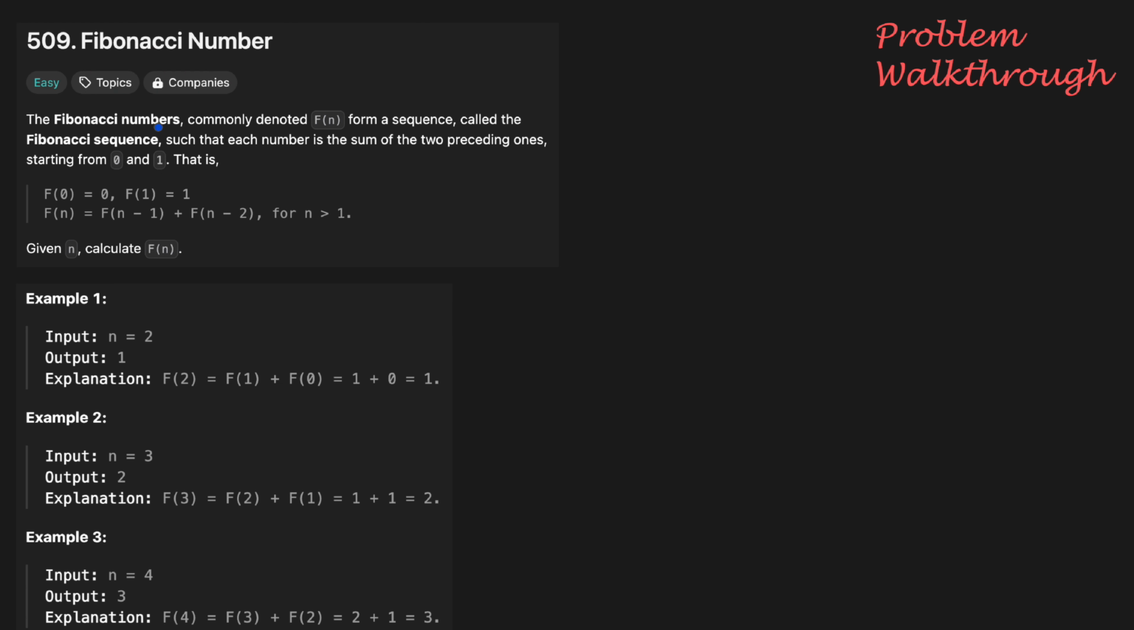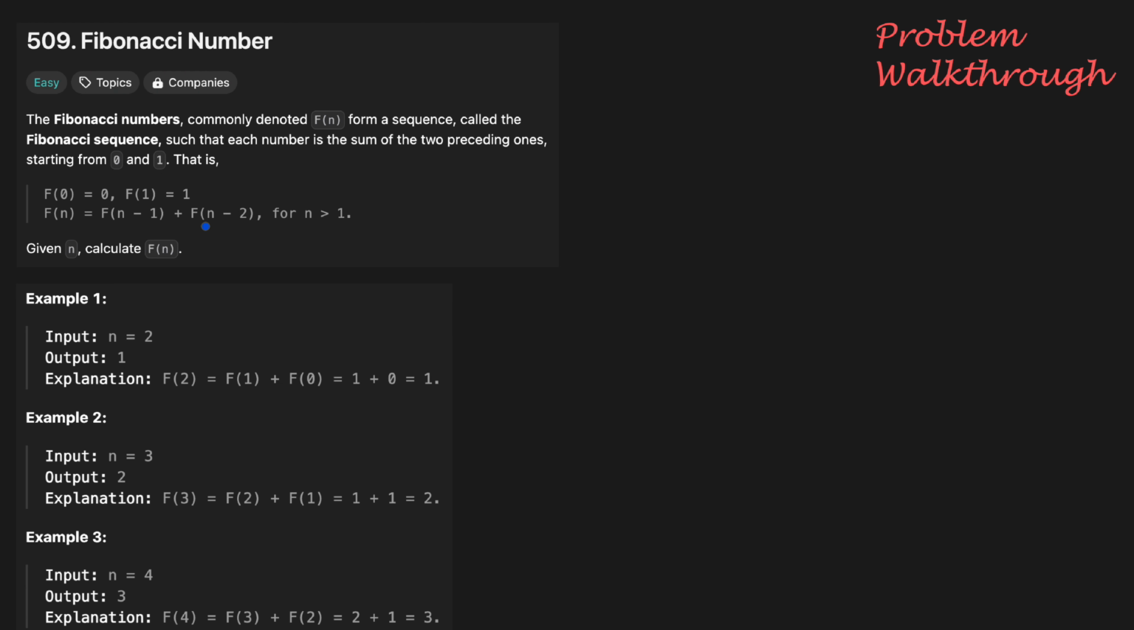Now to the problem. The Fibonacci numbers, commonly denoted by Fn, form a sequence called the Fibonacci sequence, such that each number is a sum of the two preceding ones, starting from the numbers 0 and 1. That is, f0 is equal to 0 and f1 is equal to 1. And for n greater than or equal to 2, fn is equal to f of n minus 1 plus f of